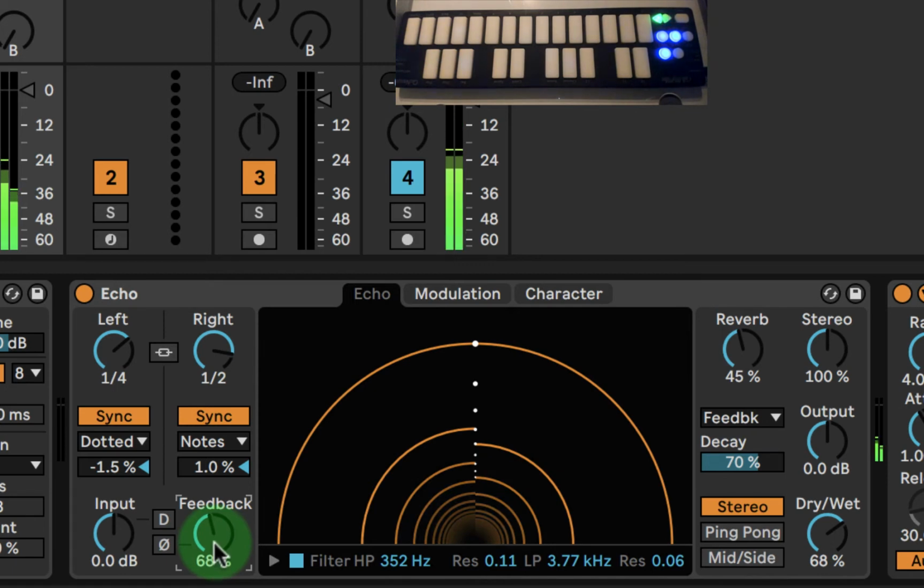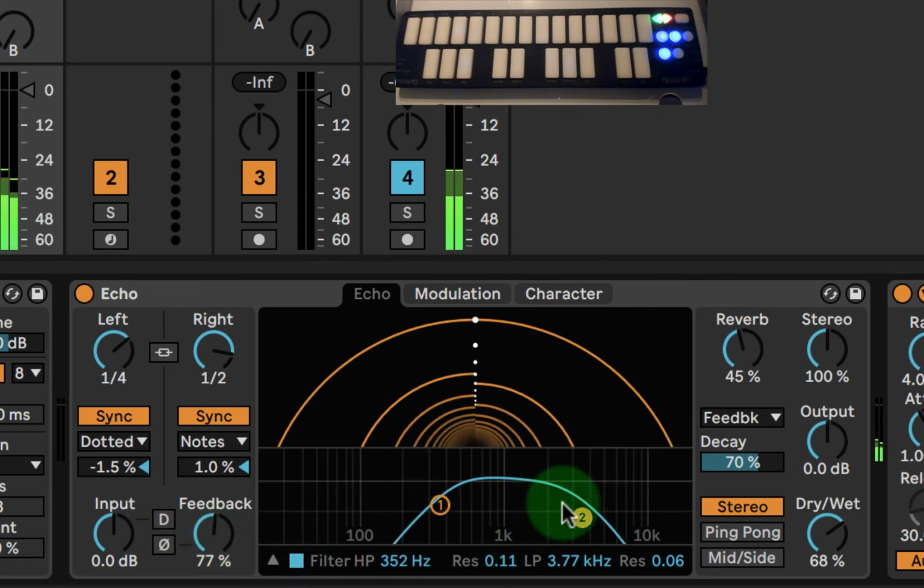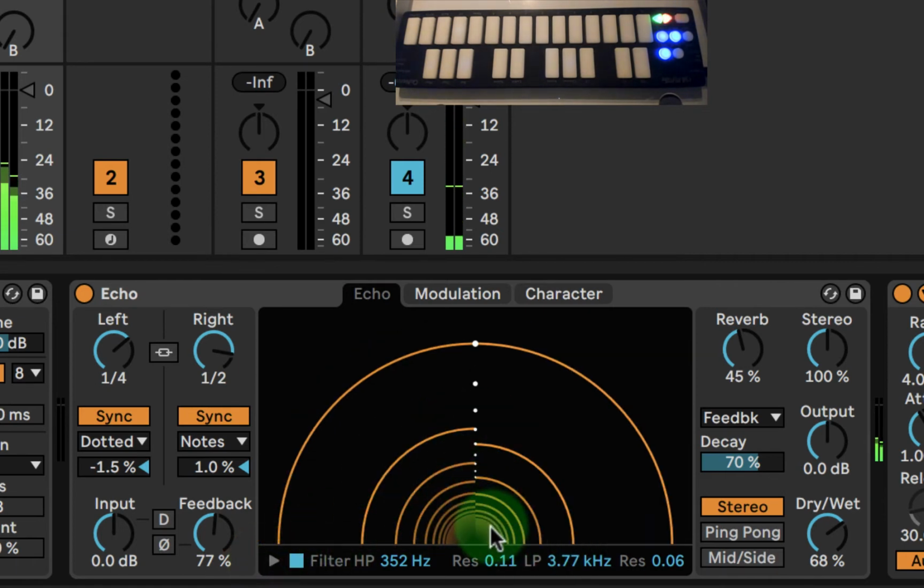Feedback is up so high, it's called self-oscillating. To turn it back down, it should stop. Yeah, so you can use that for an effect. So it seems like, let's see, above what, 70? Maybe 70? It seems like because we have our filters set like this, these higher frequencies keep self-oscillating. They keep looping back inside the echo to create that high-pitched sound,